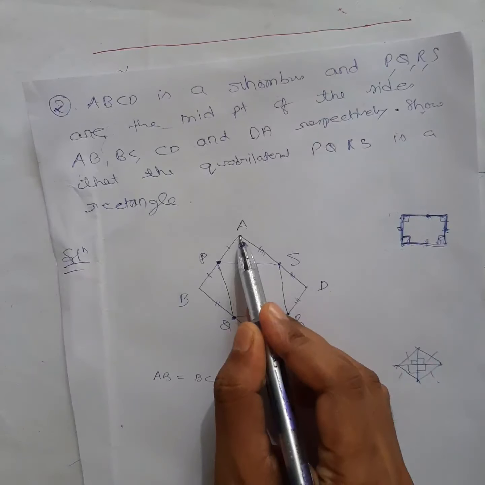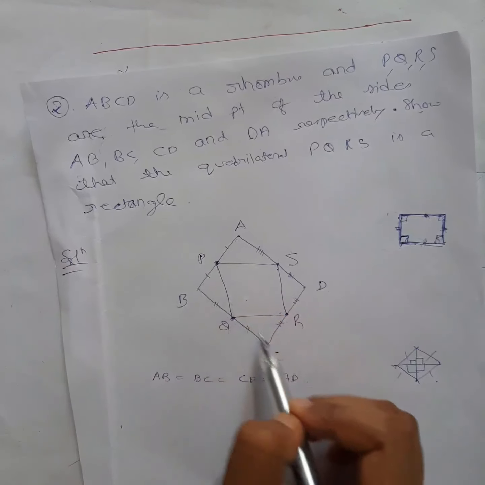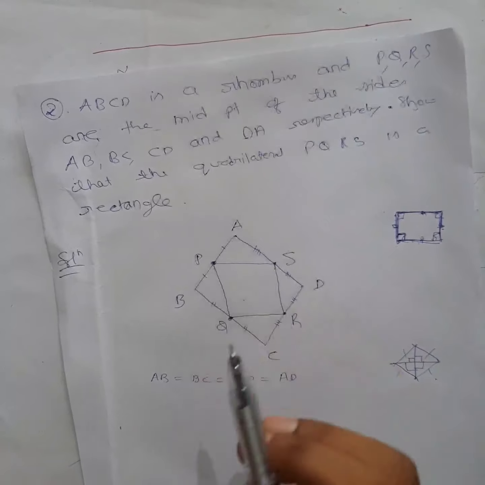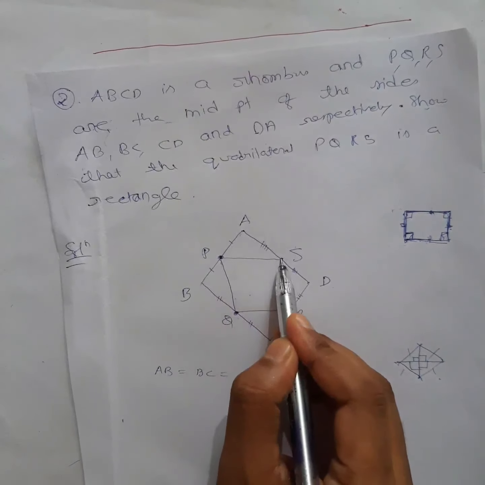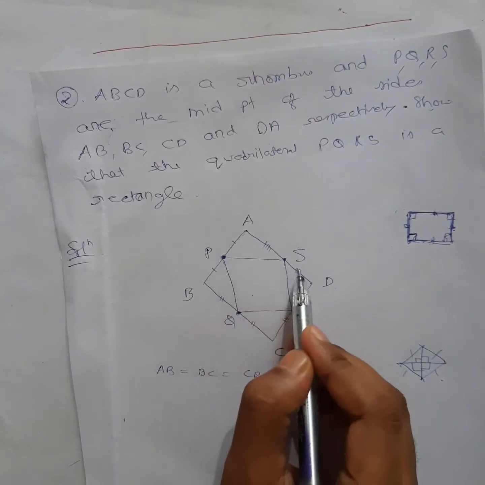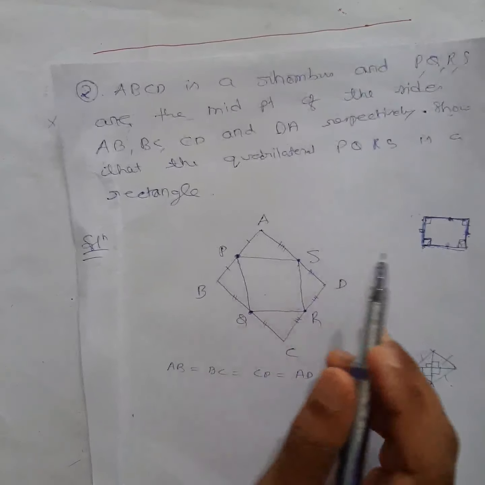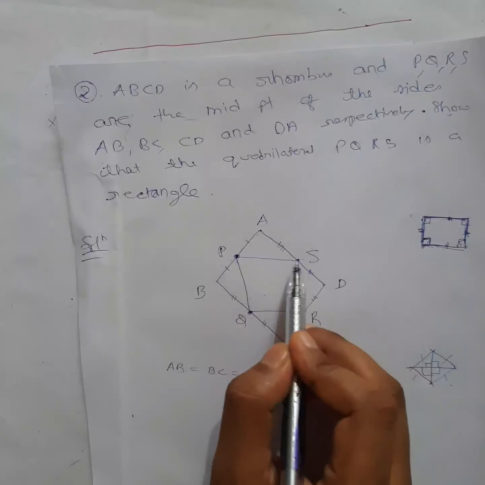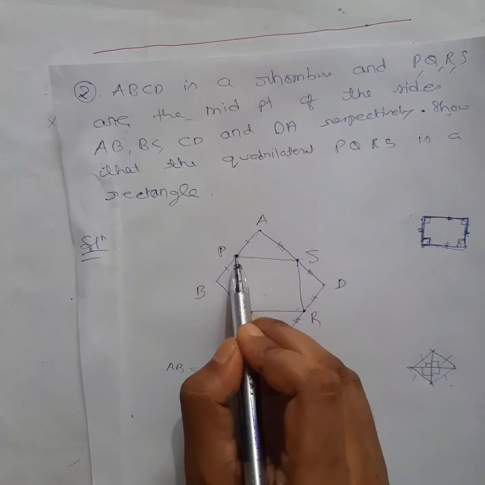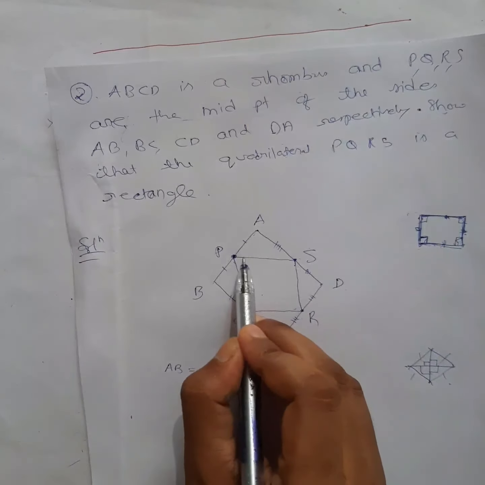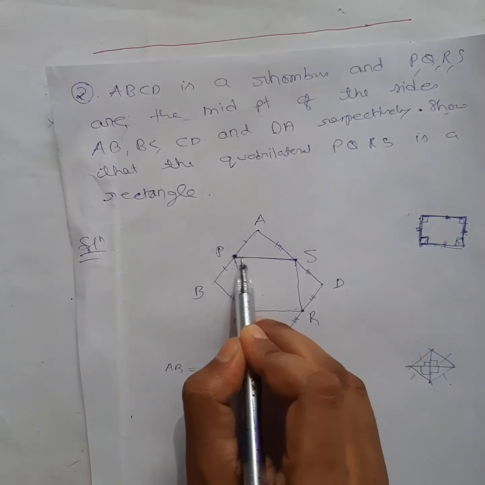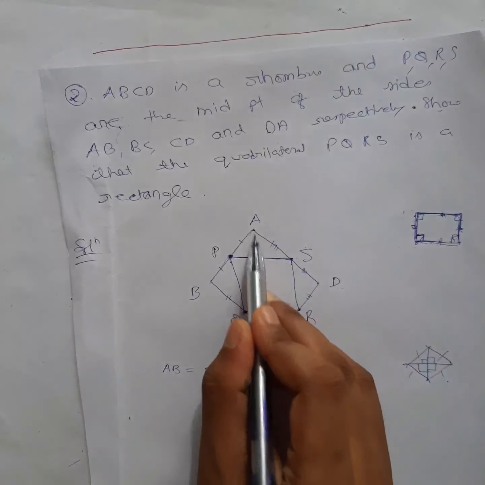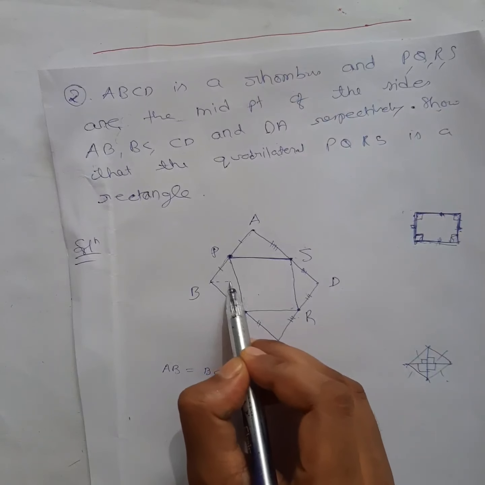See carefully, they have given that ABCD is a rhombus and they have given these midpoints. Now remember, you have done a theorem on two sides of a triangle: if you select two sides of a triangle, find the midpoints and join those midpoints, the line will always be parallel to the third side. So you can see this is a midpoint, right? And I join this. There is a chance that it will form a triangle, right? Right now you don't have triangles. So what do you have to do to make a triangle? Just draw a diagonal.